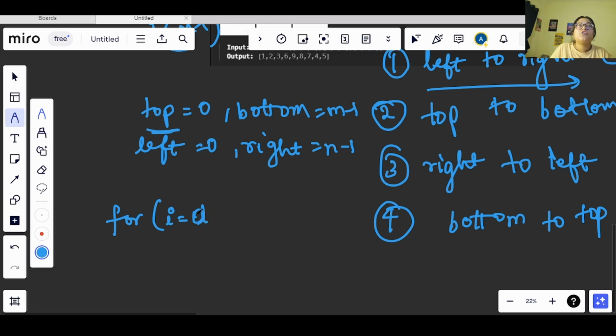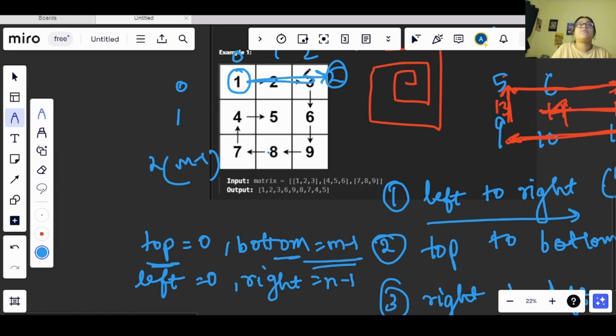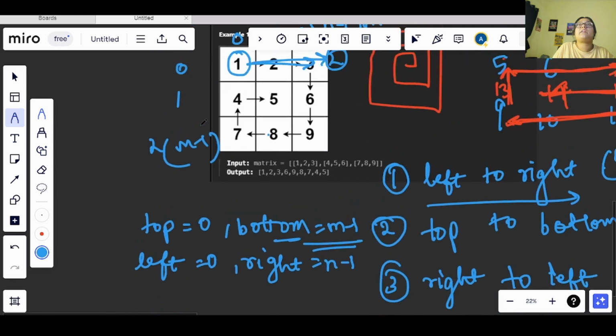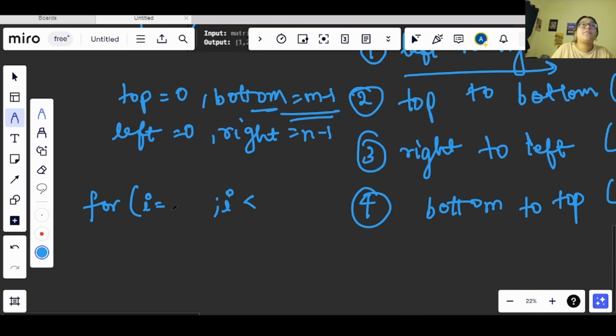So sorry, we will not be using top here. For the first time we are iterating from left to right, which is basically the column, right? I confused that. So we will be starting from left, and going till n minus 1, which is equal to right.